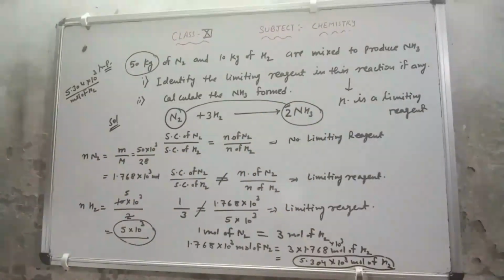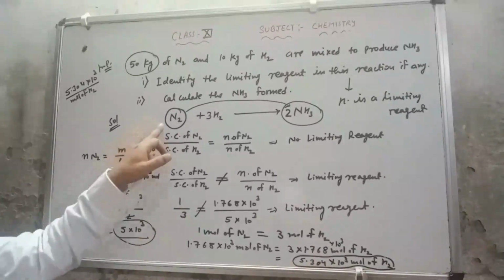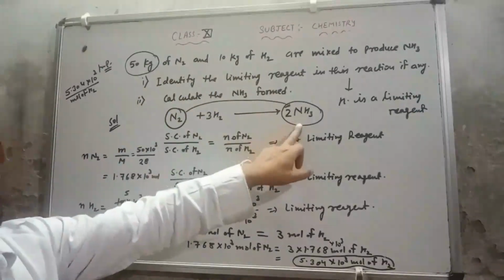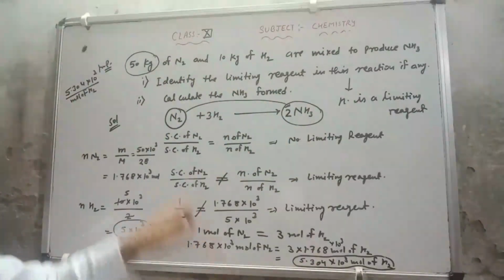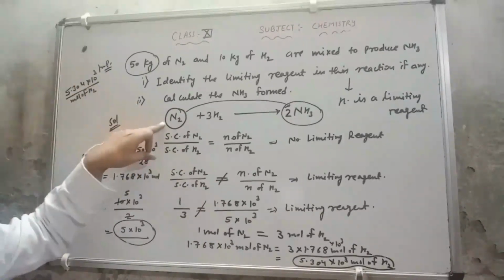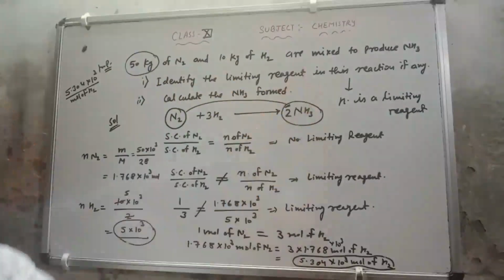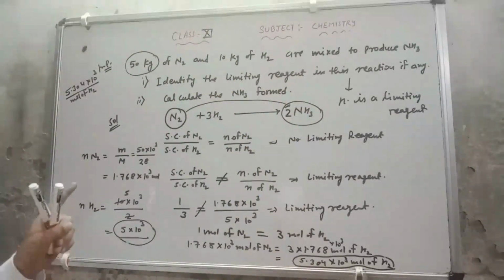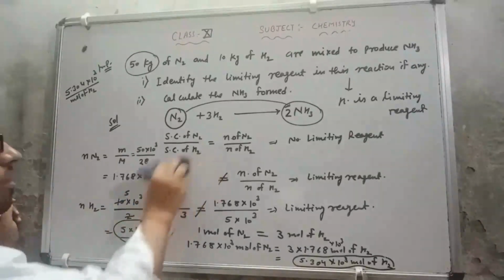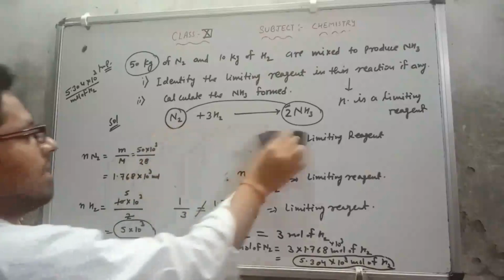How much of the product will form. Keep in your mind why it is necessary to find out the limiting reagent, because whatever is the limiting reagent, that will identify how much product will form. So we got it from the solution that nitrogen is the limiting reagent. So from the nitrogen only we can find out how much of ammonia will be formed. Now till here I hope everyone is clear. So I am going with the second topic now.